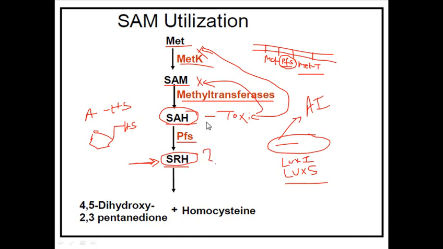That triggers a question in our mind: where has this SRH molecule gone? Instead of this SRH molecule, all the time we end up with the formation of homocysteine and 4,5-dihydroxy-2,3-pentanedione molecules. This is called DPD, or dihydroxypentanedione, and along with that we form homocysteine molecules. So never SRH molecules. So this is a basic concept: somehow this SRH molecule is converted into homocysteine and DPD molecules. So what is the material which helps to convert this SRH molecule into homocysteine and DPD